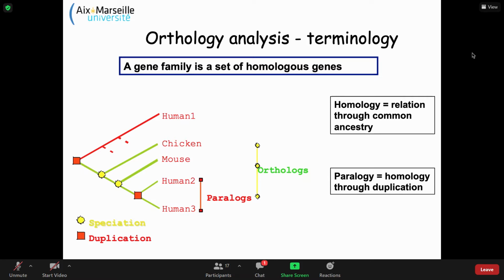And then another one is chicken and mouse. As you can see, if I'm looking for the common ancestor between both, the event that generated the two proteins from chicken and from mouse is a speciation event. It means they are orthologs. Okay? This is very important